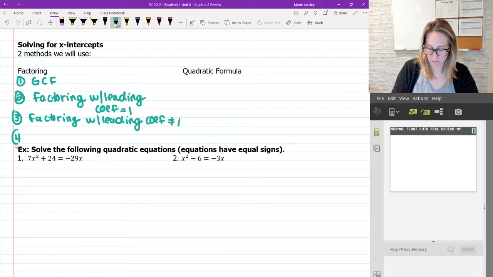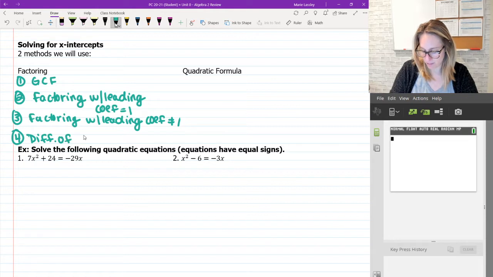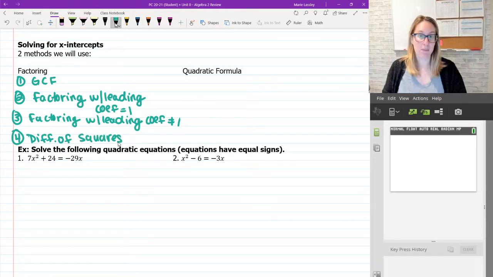And then we have number 4, my personal favorite, the difference of squares. All right, perfect. Now, if those 4 factoring methods do not work, then I always think of the quadratic formula